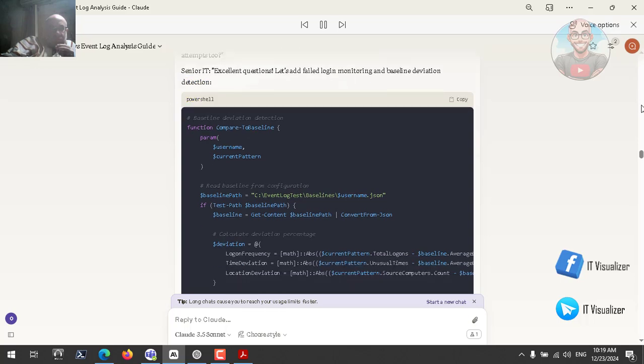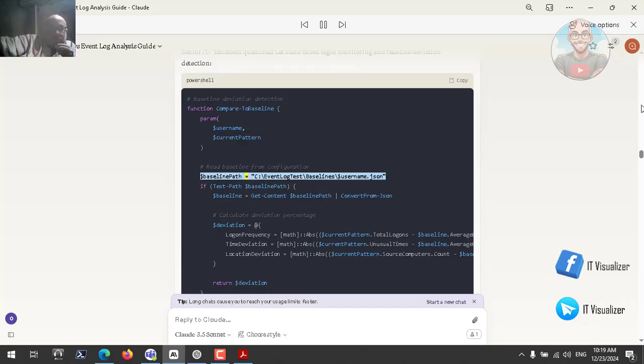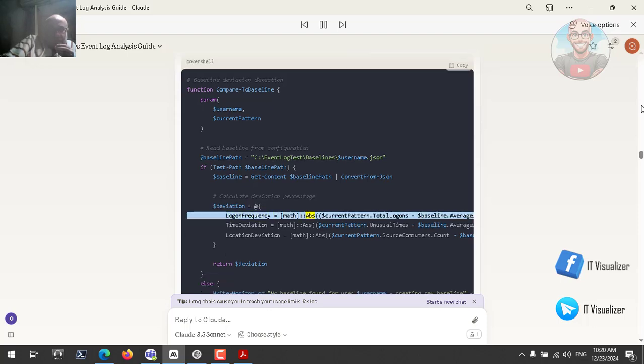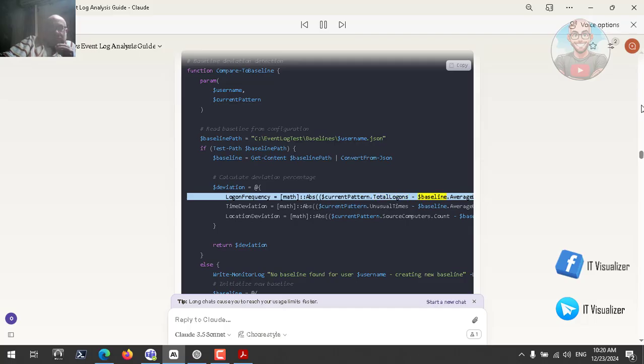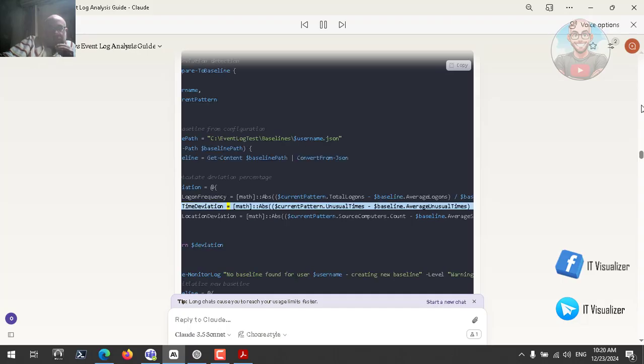PowerShell. # Baseline deviation detection. function Compare-ToBaseline, param $username, $currentPattern. # Read baseline from configuration. $baselinePath = "C:/EventLogTest/Baselines/$username.json". If Test-Path $baselinePath, $baseline = Get-Content $baselinePath | ConvertFrom-Json. # Calculate deviation percentage. $deviation = @{LogonFrequency = [Math]::Abs($currentPattern.TotalLogons - $baseline.AverageLogons) / $baseline.AverageLogons